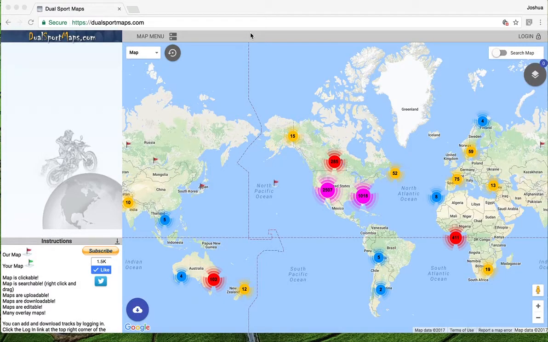Time for a Dual Sport Maps update. Dual Sport Maps, if you don't know, is a website for the upload, creation, storage, search, and retrieval of off-road motorcycle GPS files. The basic premise is you can upload your live tracks, store them with your login, make them searchable publicly or privately, modify them, clean them up, make them perfect, then download them back to your GPS and enjoy your time in